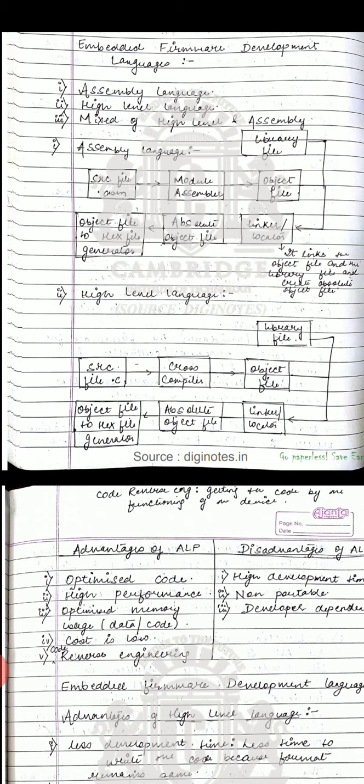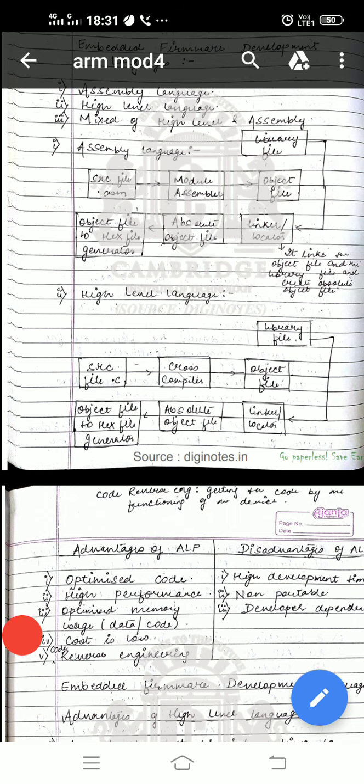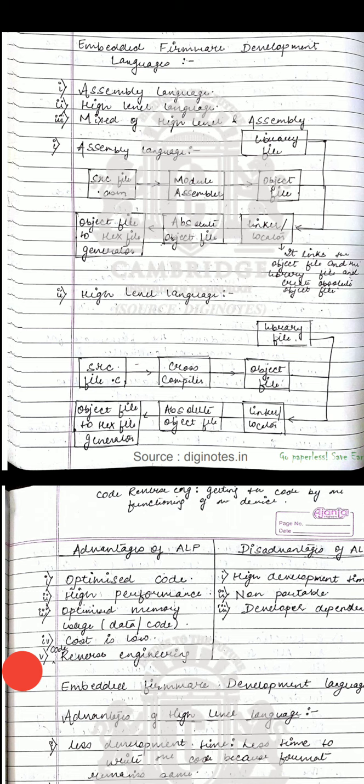Here we have two terms, module and assembler. A module contains the .exe file or .dll file, an executable file. And the assembler is a set of one or more modules that together make up an application. The next one is the object file. The object file contains the object codes, which can be read by the computer. These are in the form of binary numbers.